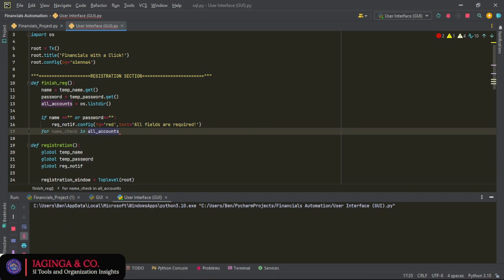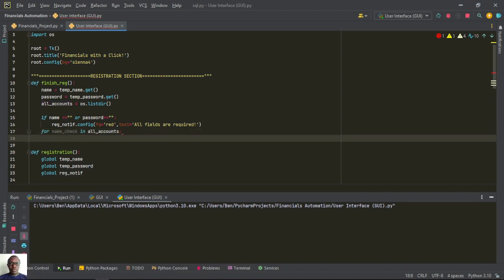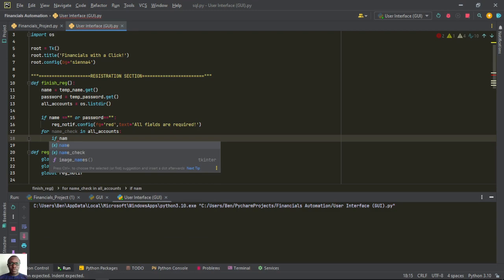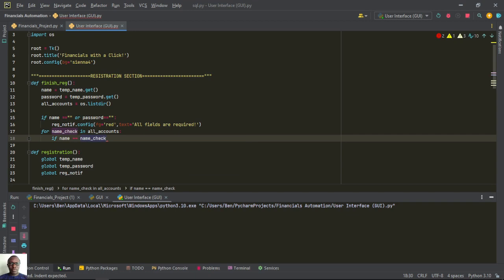If name check in all accounts, come down here, and then you're saying if name is equal to name check, whatever name there we are trying to check is equivalent to the username,